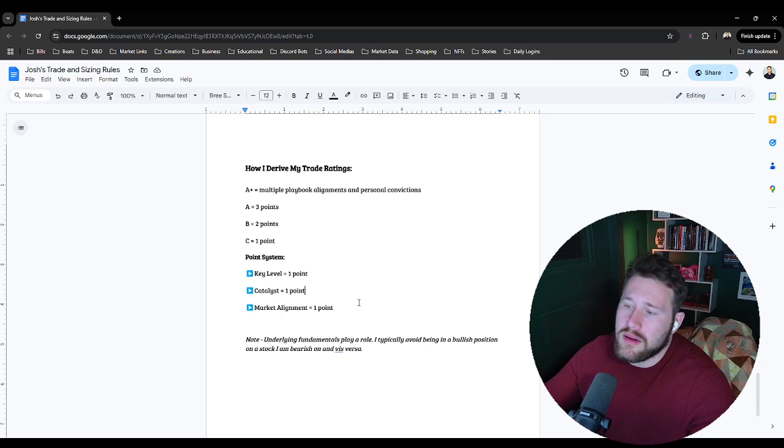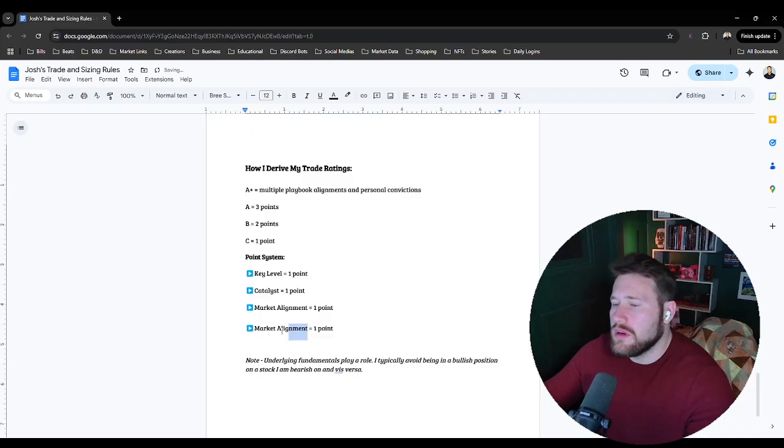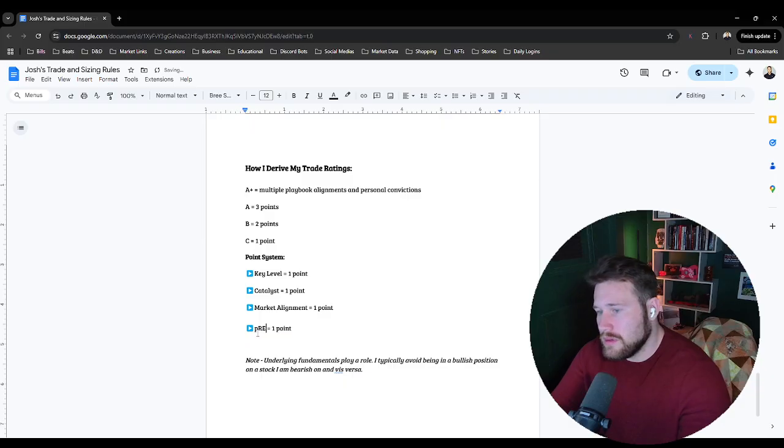And then I should put it in here. Maybe this should be a 4-point system. It's also going to depend on what the pre-market structure looks like as well. All right. So pre-market structure, you know what? I'm going to write it in here. I'm going to do it right now. Pre-market structure,